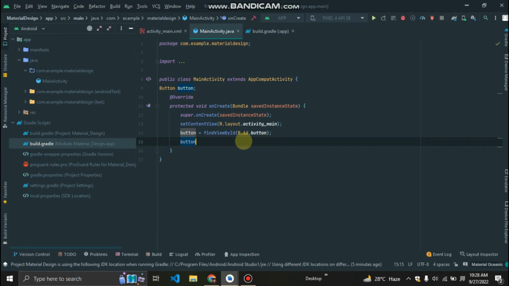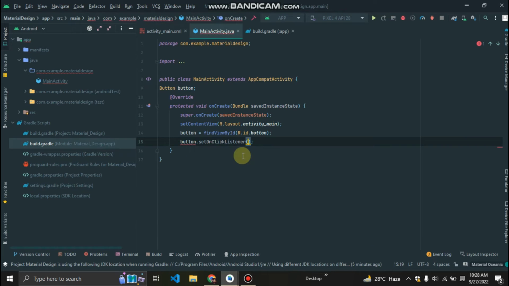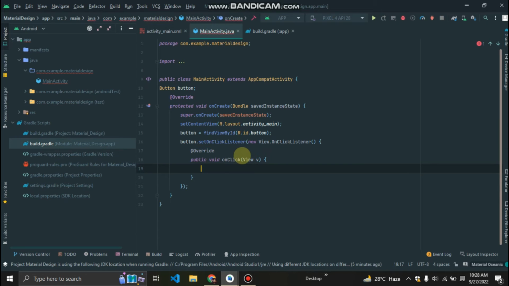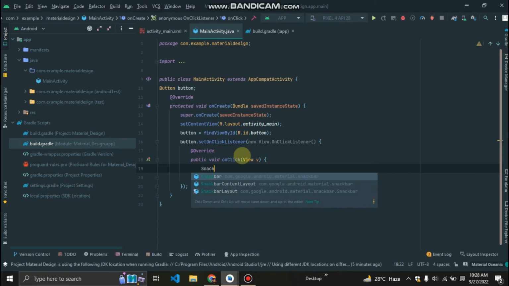So button dot set on click listener, new view on click listener, and whenever a user clicks on the button, just like a toast message, a snack bar will be shown to the user. So for that we have to check here, sorry, not seek bar, it's a